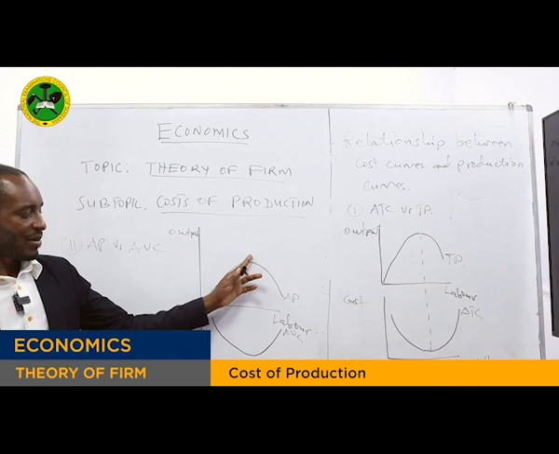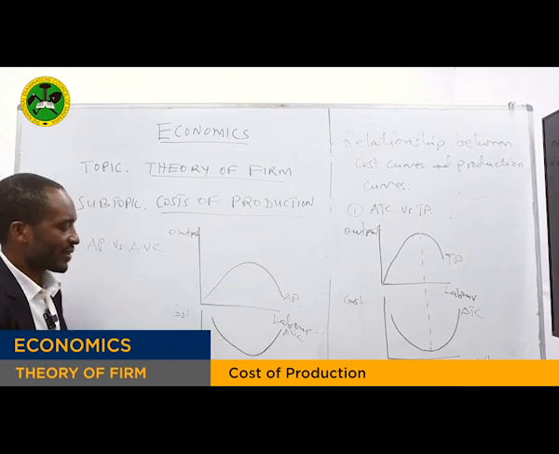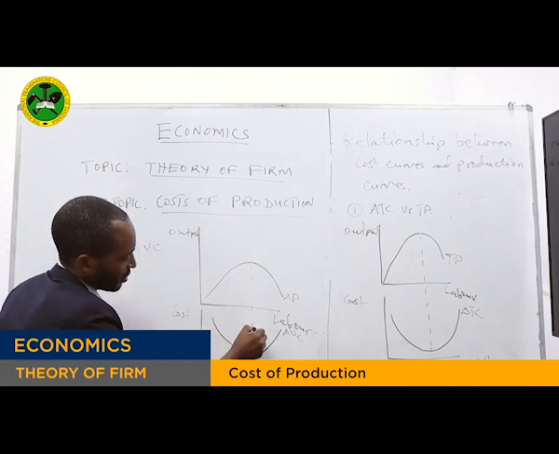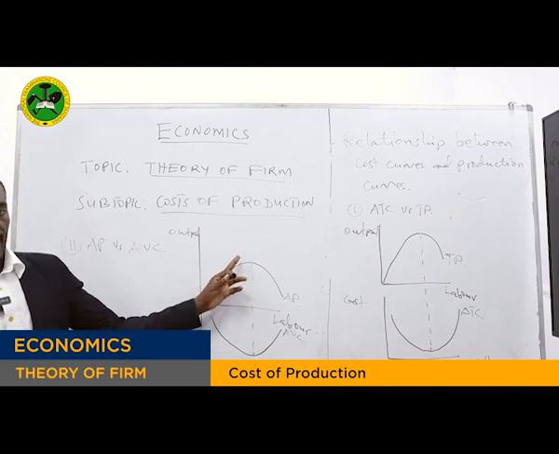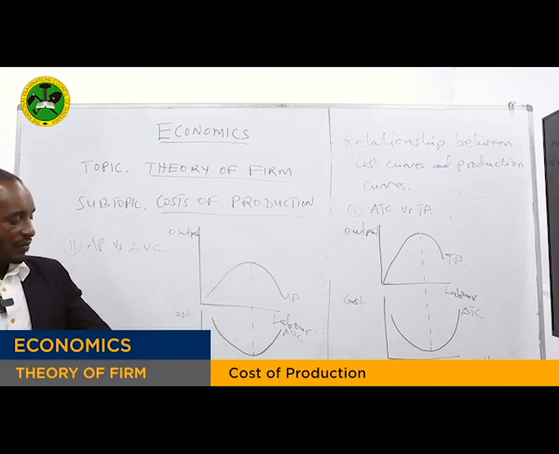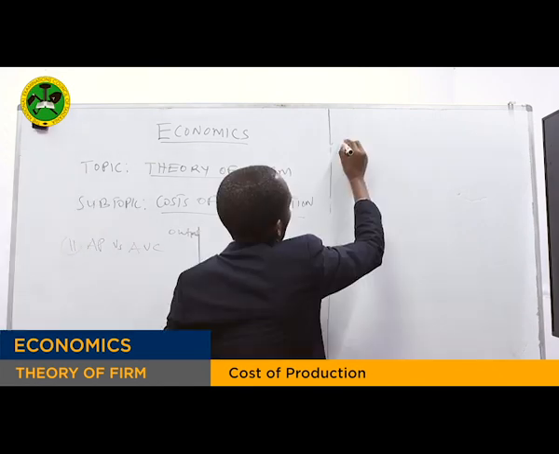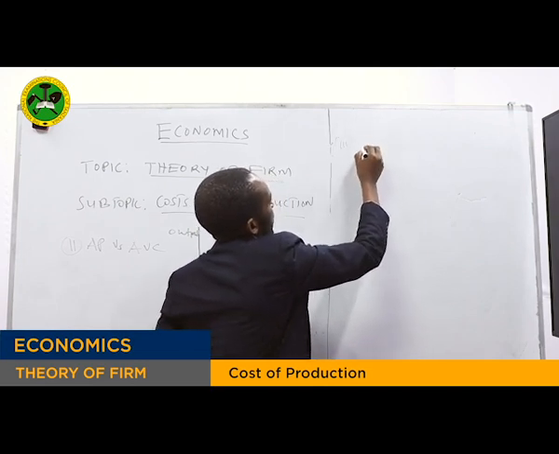When this reaches a maximum, this reaches a minimum. When this declines, this increases. So the relation will be this way. So when the average product is at a maximum, average cost will be at a minimum. Then the third case is the marginal product